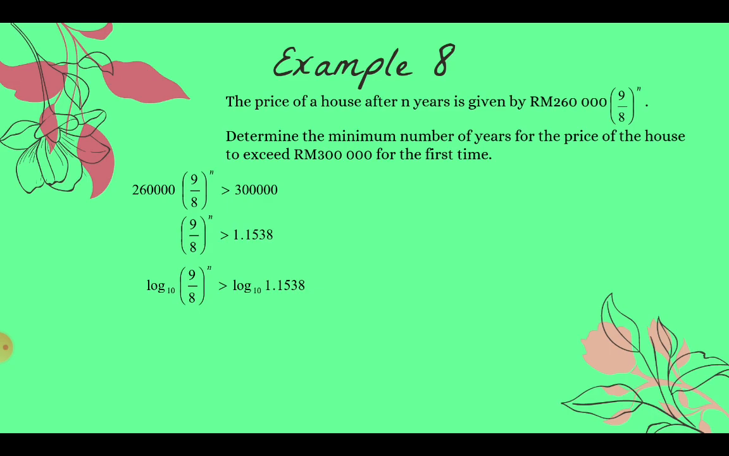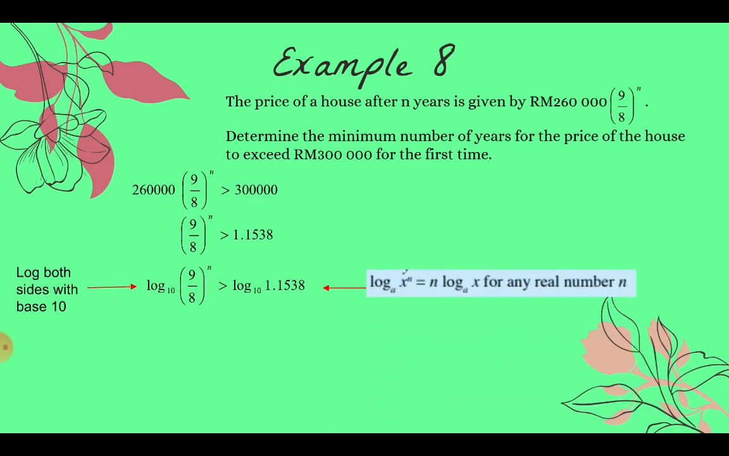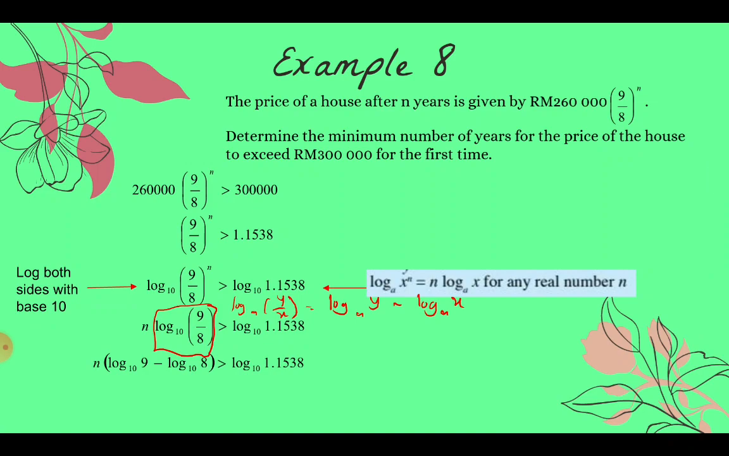So we take log base 10 of both sides. So this applies the power law. So we have n log 9/8 base 10 greater than log 1.1538 base 10. Okay, here you can see that this part is actually log of a over b, so it involves a quotient. So in log, quotient will become minus. So we can say n times log 9 minus log 8